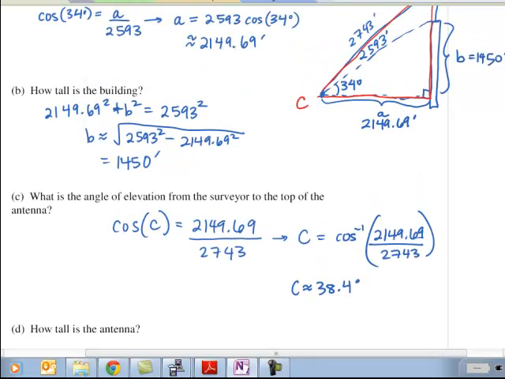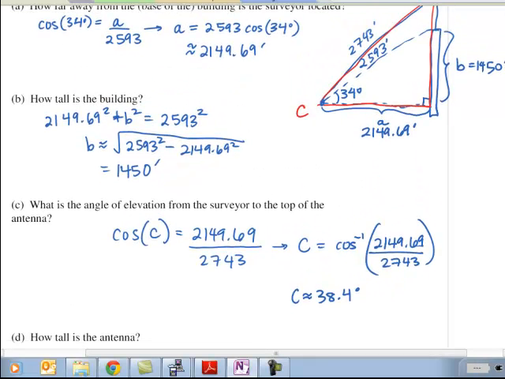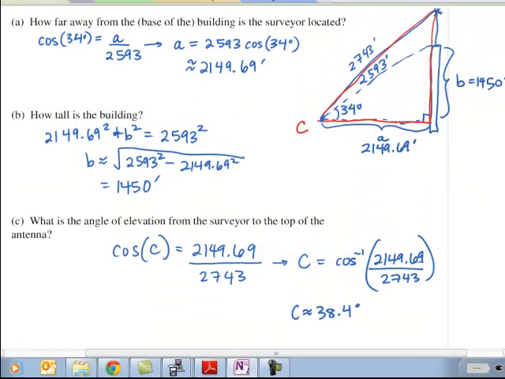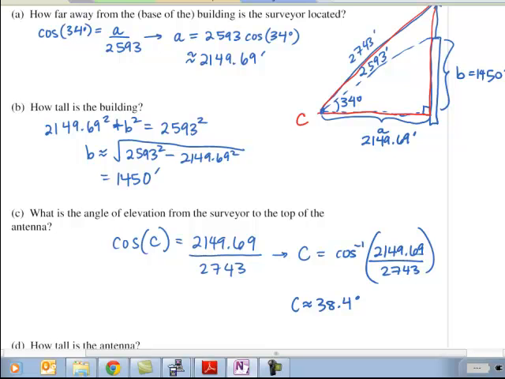That makes sense. It should be larger than the original angle just measuring to the top of the building, but not significantly larger. And then if that is 38.4 degrees,